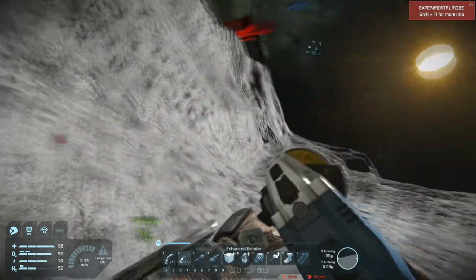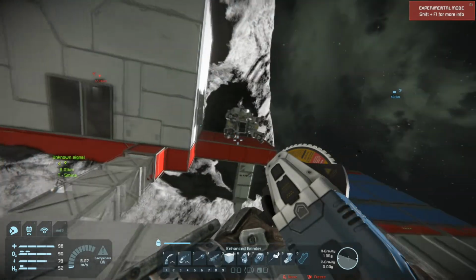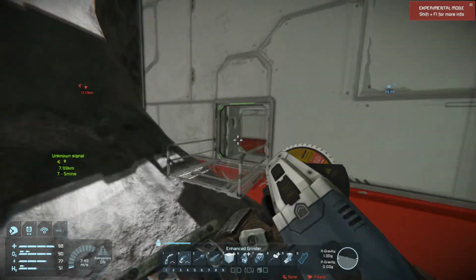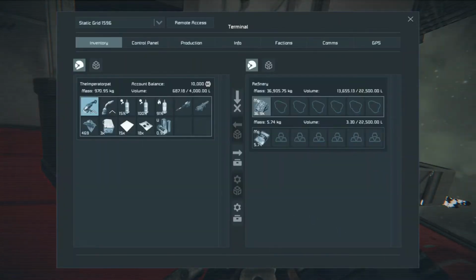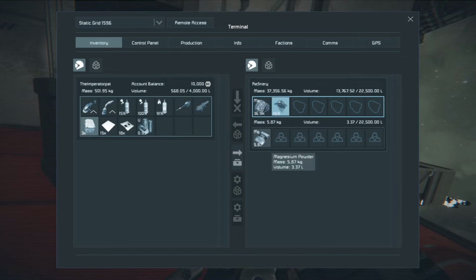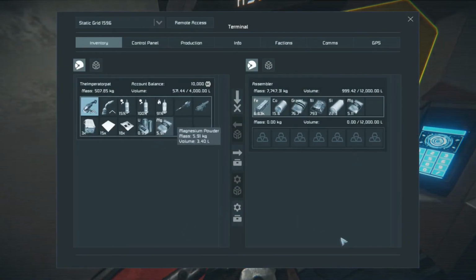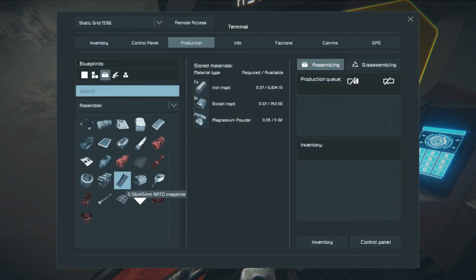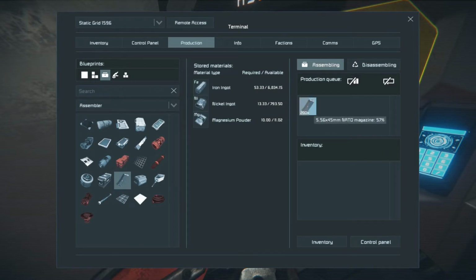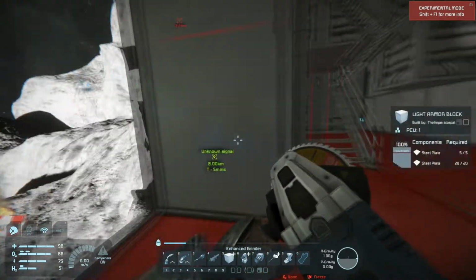Alright, I'm getting distracted, so you know what? Let's put this all inside our refinery. Let's break that down, get this going, and let's try to make some useful things now. So let's go to production, and how many of these can we make? So we need nickel, too. We can actually make 200 magazines. Okay, perfect. We'll make as many as we can until we run out, and then we'll also go to the